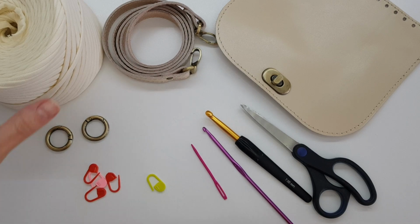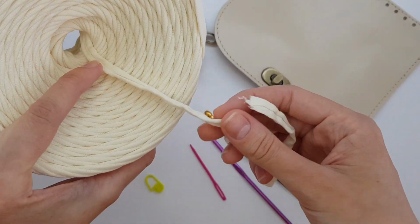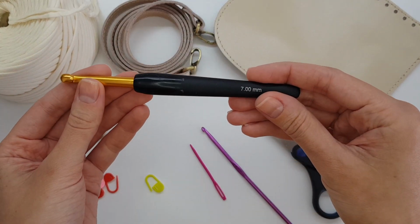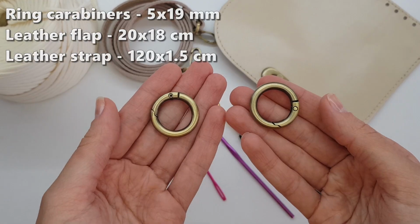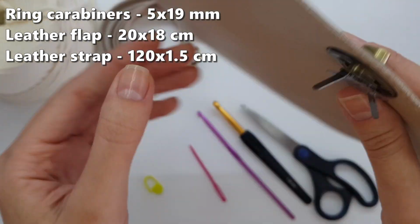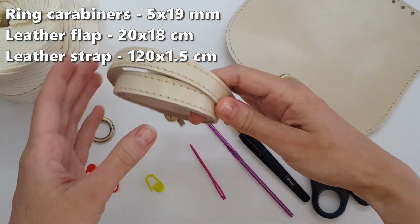To crochet it, you need only one skein of 7/9mm t-shirt yarn, around 100 meters. We will also need a 7mm hook, a 4mm hook for sewing a flap, 2 ring carabiners, a flap with a lock, mine is leather, a strap,